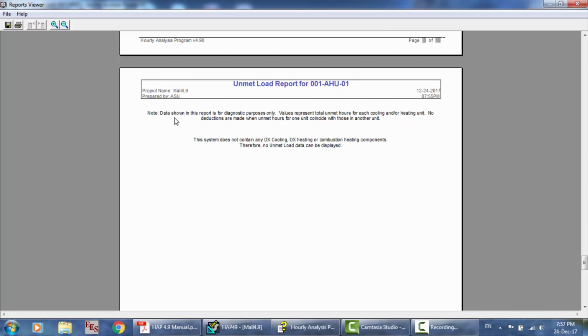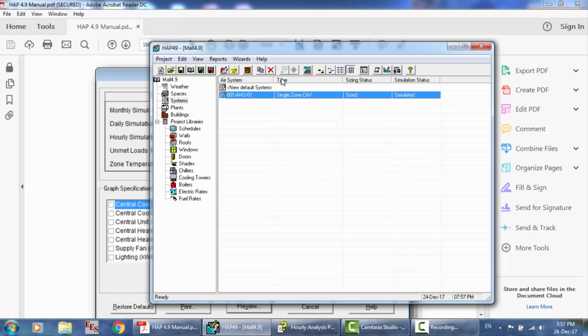So now data shown here for unmet load. This report is for diagnostic purposes only. Values represent total unmet hours for each cooling and or heating unit. I'm going to show you these things. This only if we have the DX cooling or the DX heating. Okay. So let's go to the system